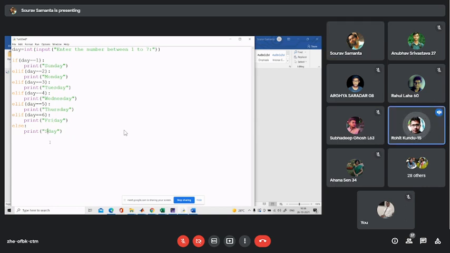Sir, he is saying that instead of giving so many elifs, using a dictionary would make it much easier. Yes, dictionaries will be easy, but I am not entering dictionaries now, I am showing the program with if-else here, okay. When we discuss the printing pattern programs, then we'll see if we use the same logic just like the C language, we can implement the pattern program also. But due to some special features of Python, we can implement the printing pattern program in a simpler way. Similarly, obviously you can understand Python is more advanced than the C language.